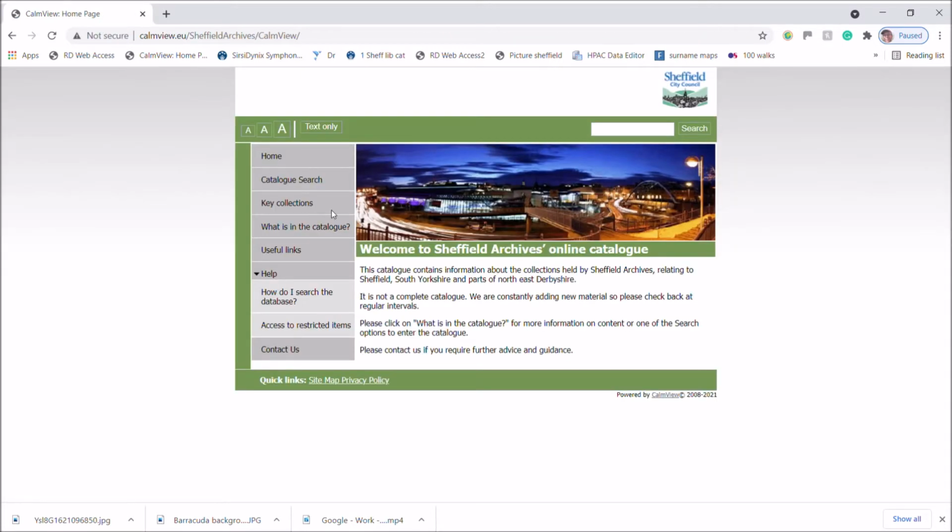On the home page, you can see on the left hand side some different options which we'll look at in more detail in video number 2. On the right hand side is the simple search box, and here you can search for a term. So for instance, if we search for Shire Green School,